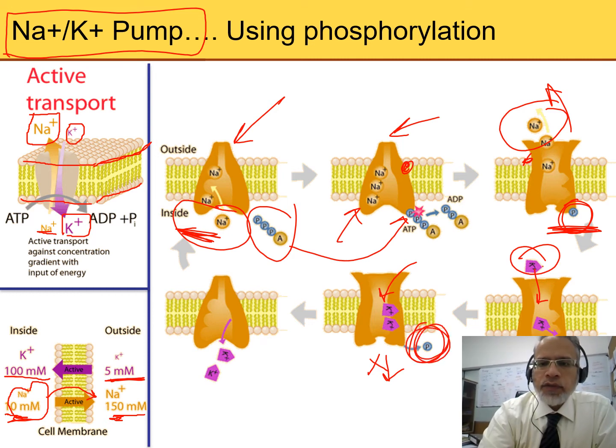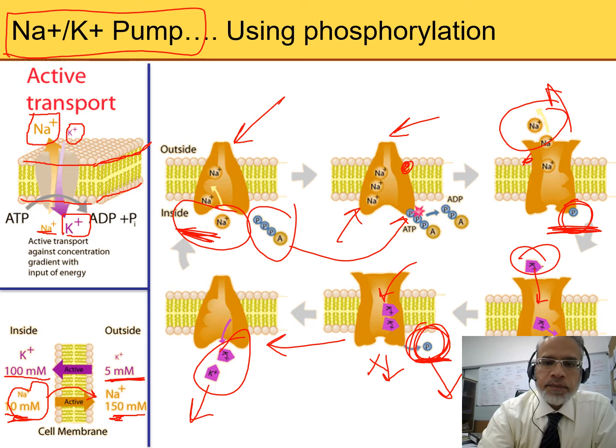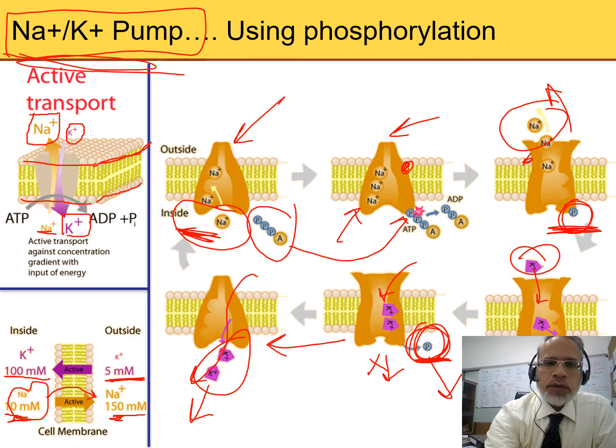So once you remove the phosphate from the receptor by adding water, there is a conformational change, and then the transporter opens up, and now you have moved potassium from outside to inside, right? So that is an example of a sodium potassium pump using phosphorylation to actually move sodium ion